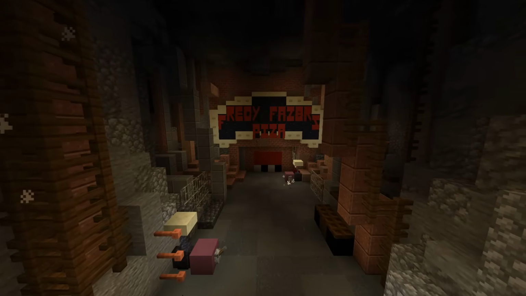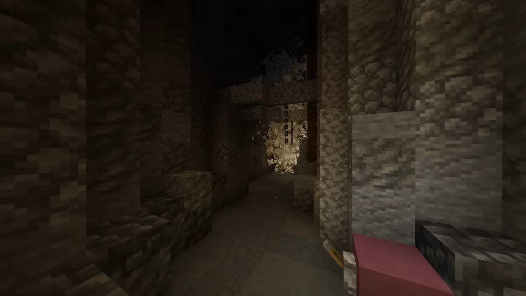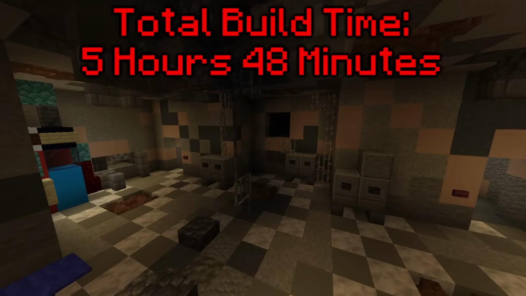Finally was Freddy Fazbear's Pizza Place underneath the Roxy Raceway. Just like the sewers, the majority of this build is made up of natural terrain, such as the tunnel that leads all the way down to the pizzeria itself. This area had the shortest build time of any other location, with a total of 5 hours and 48 minutes